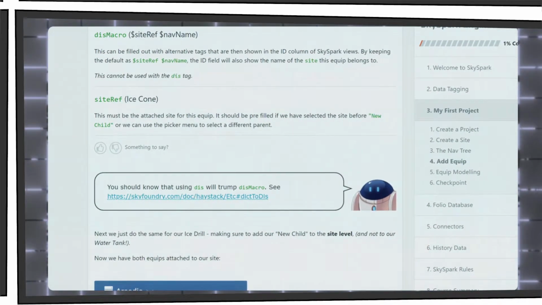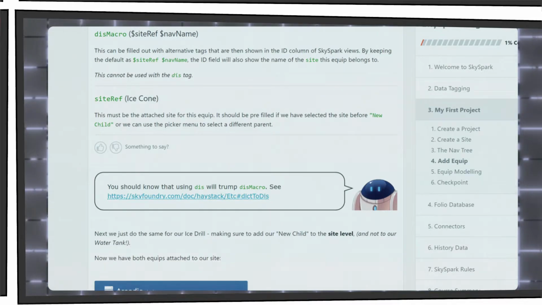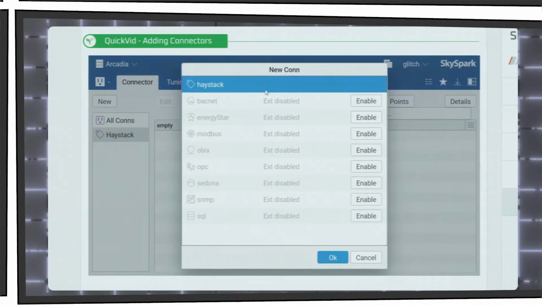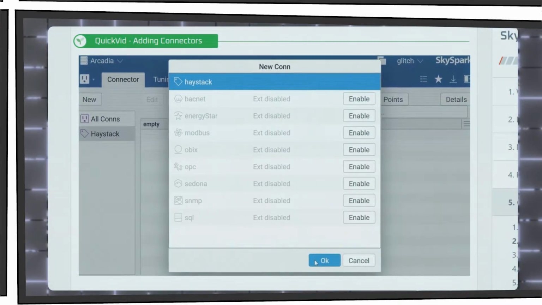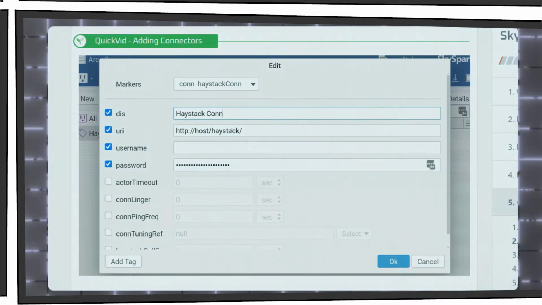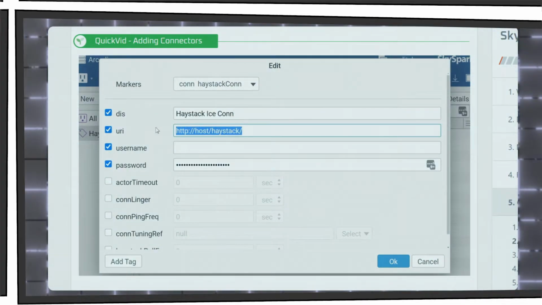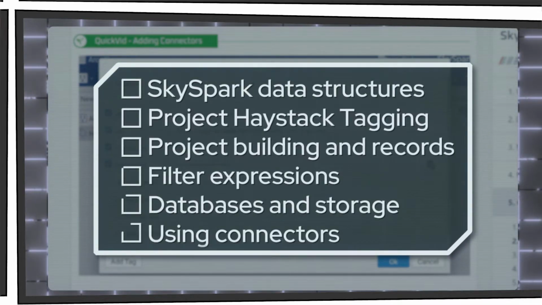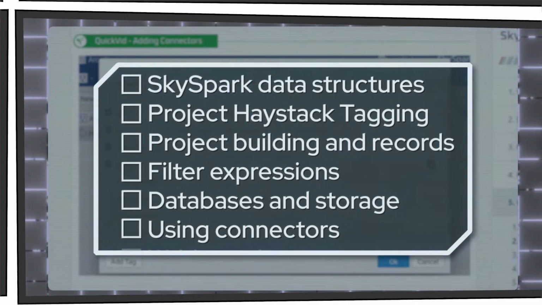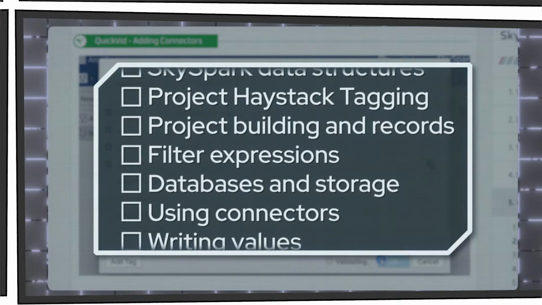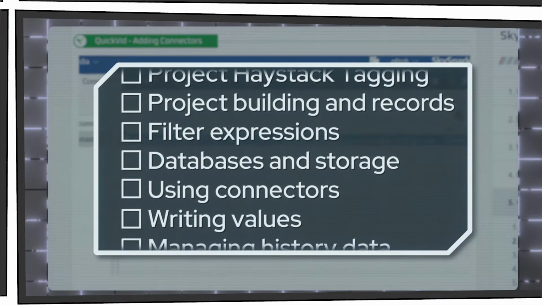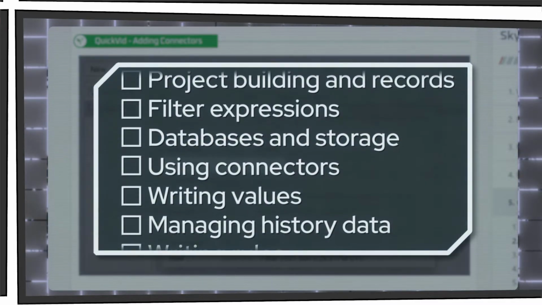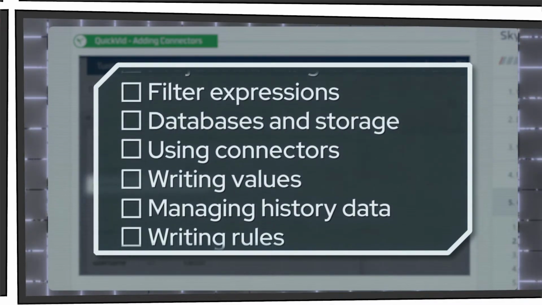Learning about Project Haystack tagging is an important part of understanding more about data integration, especially for a technology such as SkySpark. In fact, our SkySpark Engineer e-learning covers everything you need to know to build a first-time project. Using our example Arcadia project, we use just 6 points to demonstrate the key concepts behind understanding SkySpark data structures, Project Haystack tagging, project building and records, filter expressions, databases and storage, using connectors, writing values and managing history data,